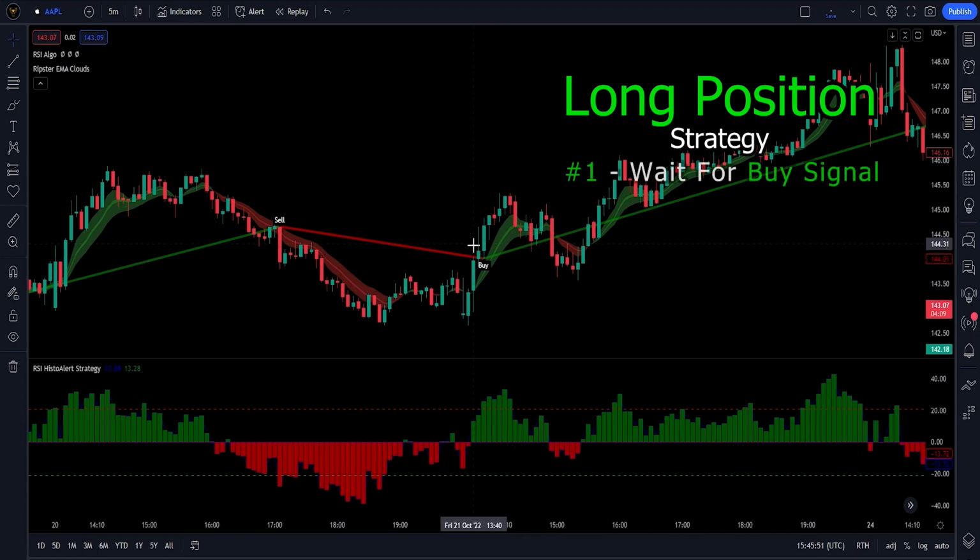Rule number 1, buy signal. Our RSI Algo indicator tells us when the market goes from bearish to bullish by displaying the buy signal. This rule is the simplest one to follow, but the most important of them all, because we will always wait for this signal before checking our other indicators. This indicator also visualizes our trend line, but only after we leave this bullish pattern and enter a bearish one.